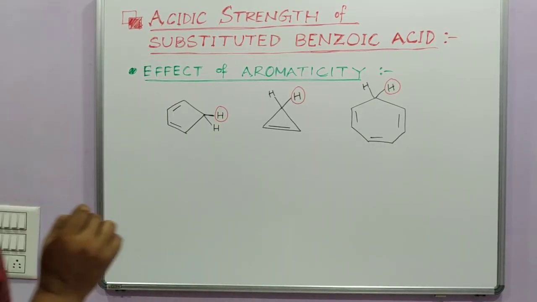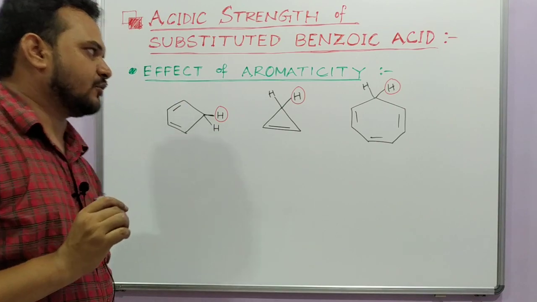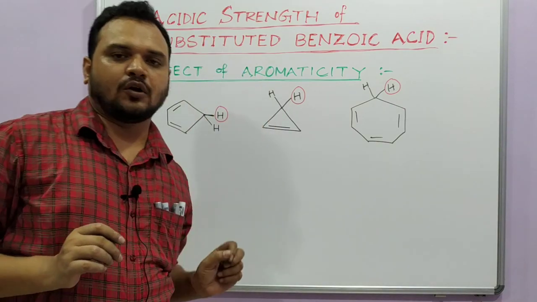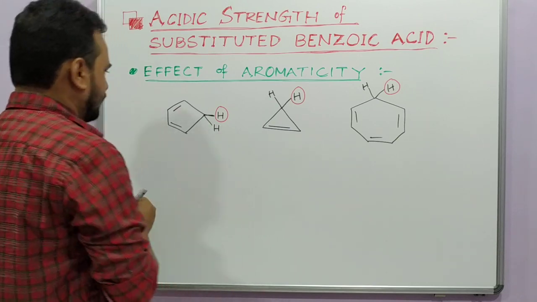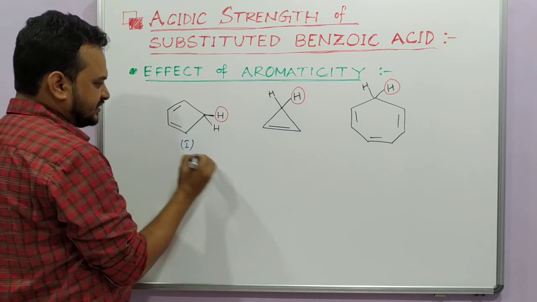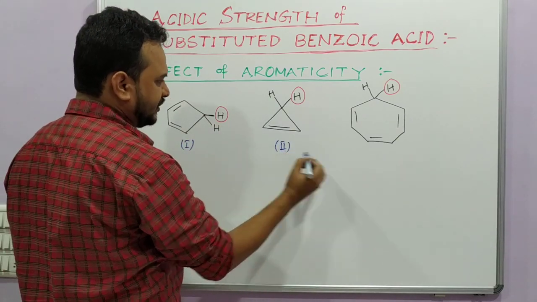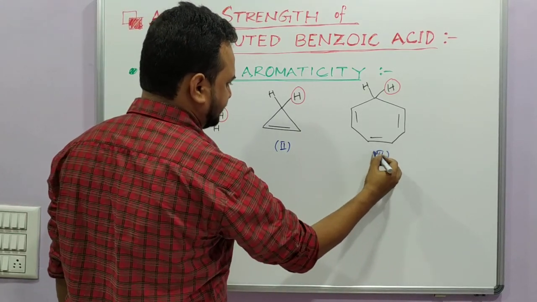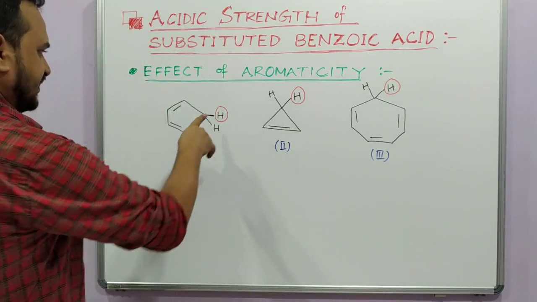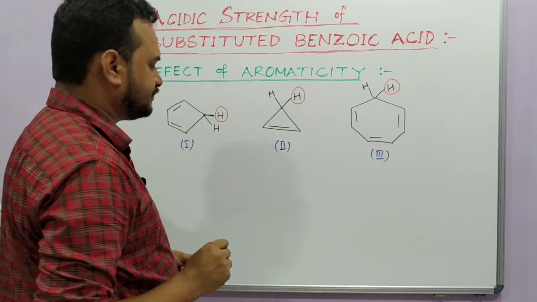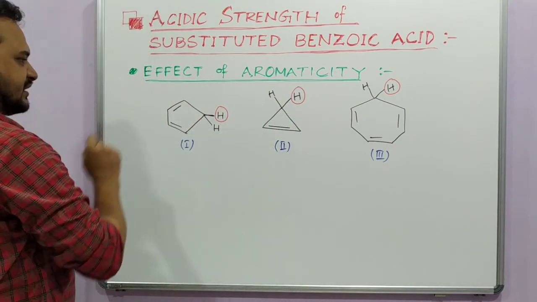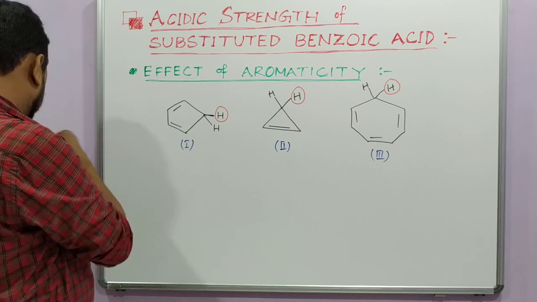Now the next effect, that is aromaticity. Aromaticity can also regulate the acidic strength. Here I have taken three compounds, compound 1, 2 and 3. Now in these three compounds, if you are asked to determine which one will be the most acidic, we will determine it with respect to these encircled hydrogens. So here if I remove this hydrogen as H plus,